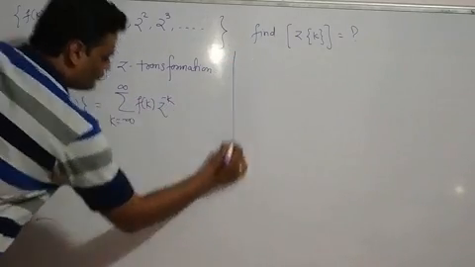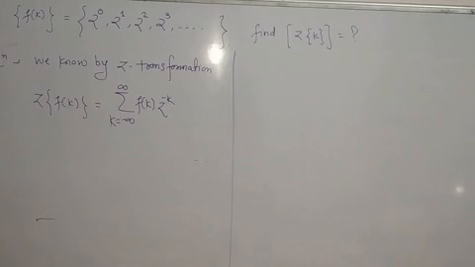So that is how we define the Z transformation. Now substitute the values. So that implies Z of f of k is equal to